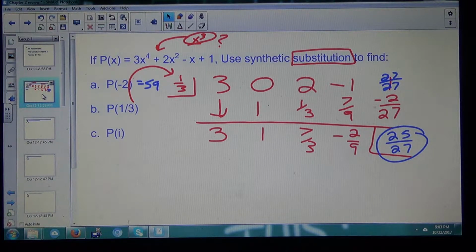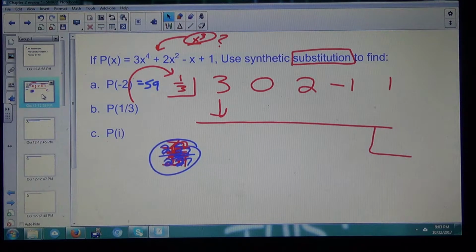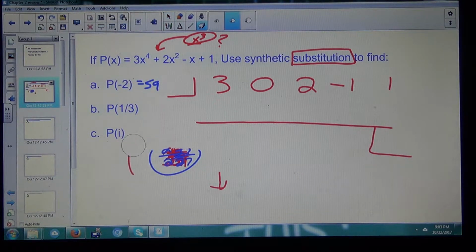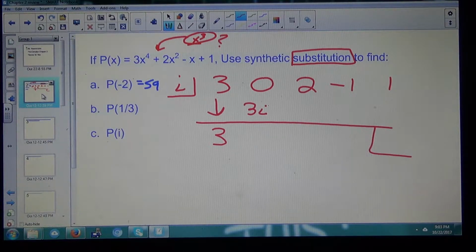Okay, next answer here is the i. Again, same rules apply. We're just going to make sure we know our rules for when we multiply i's. So, now with our i's, I'm going to put an i in here. So rule is you drop it down, to go up you multiply. So that gives me 3i. It's like an x. So if you multiply by an x, it's 3x, it's 3i. And then you add 3i plus 0 gives